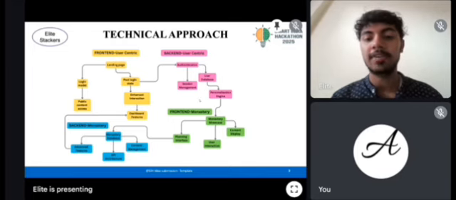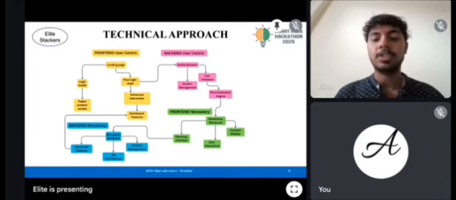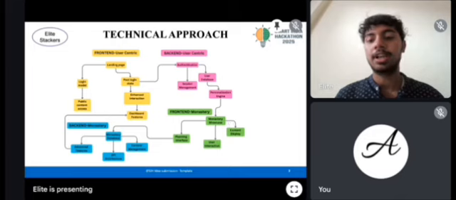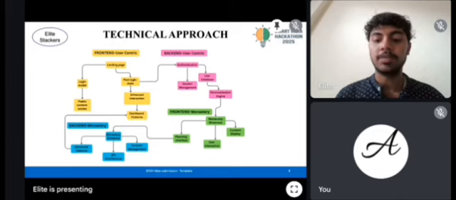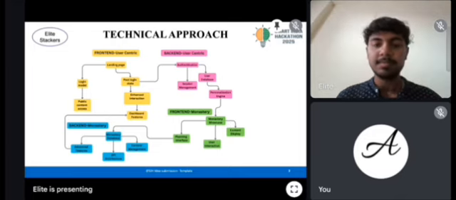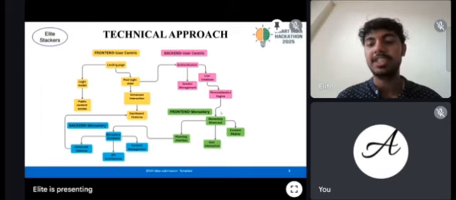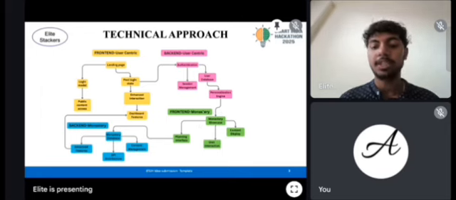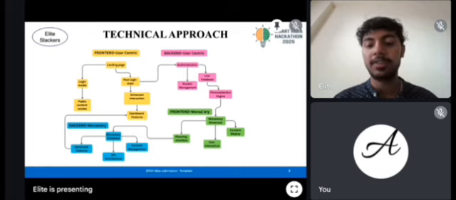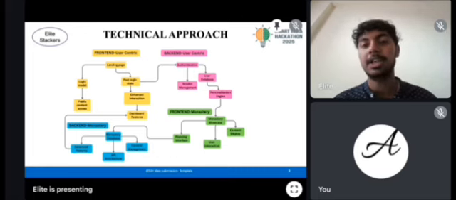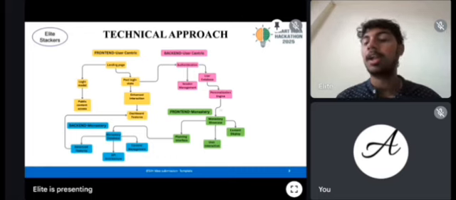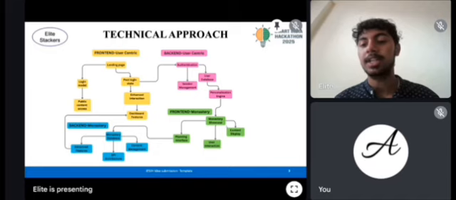After that, the monastery front end, which is focused on the monastery's content and planning. Here it is the monastery showcase, which displays the monastery details. The front end of the monastery is related to the content planning and the traveling. First it is the monastery showcase, where it displays the monastery details and content, like when it was established, when it was built, and what the features are. After that it is the content display, which displays the contents of the monastery showcase.